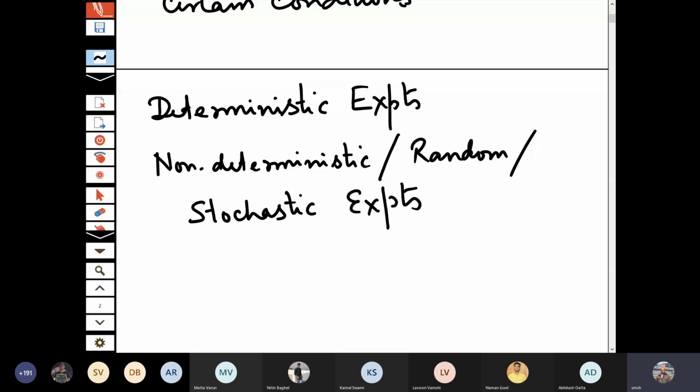As I mentioned to you, the development of modern probability theory started from gambling games, because people thought that that is the true non-deterministic thing. That means if you toss a coin, you do not know whether a head or tail will come. If you draw a card, which card you will get, or if you toss a dice, what you will get. So people thought that these are the true examples of non-deterministic experiments. However,